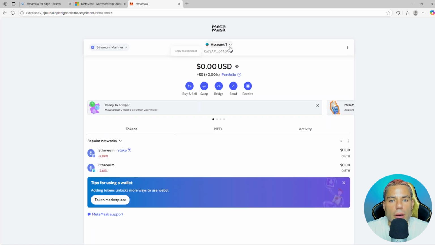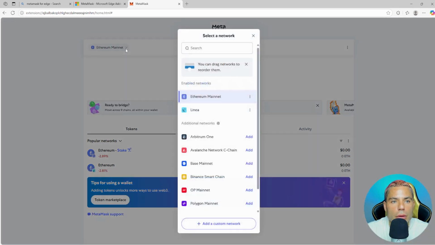All right, this is what it looks like. Okay, let's see if it's in here. It would show up right here, as the little fox icon. Okay, anyways, let's quickly look through this. When you open MetaMask for the first time, it connects by default to the Ethereum mainnet. You'll see your wallet address at the top right here. You can copy it to clipboard. You can now receive Ethereum here or send it from an exchange like Binance or Coinbase. And this is where you can do the different